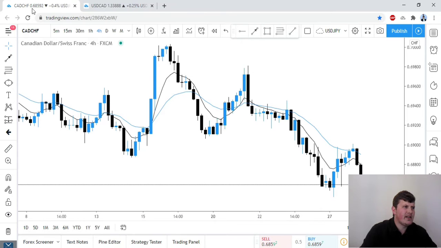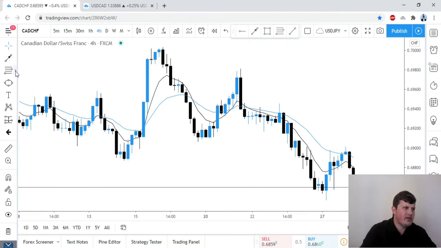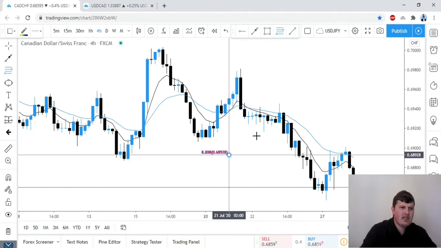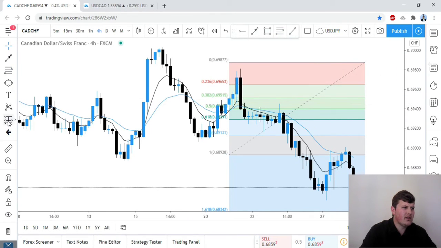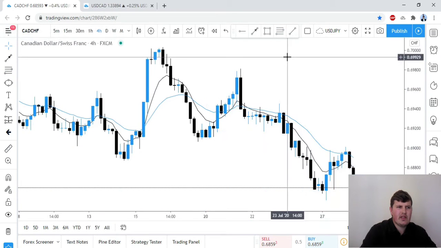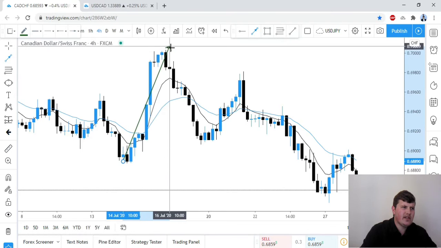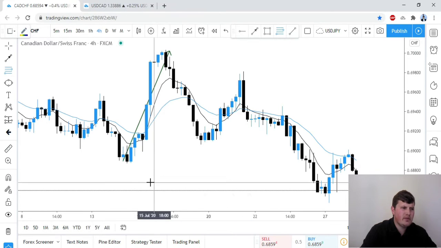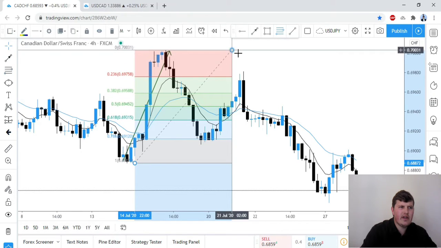As you can see, this is the Canadian Swissy chart with 4-hour candlesticks, and if you go to this left-hand toolbar and you press on the Fibonacci retracement, you can see this is how you draw Fibonacci levels like that. And just a quick tip, if you are in an uptrend, an increasing market like this, you draw your Fibonacci levels from the bottom to the top, from the swing low over here to the swing high over there,